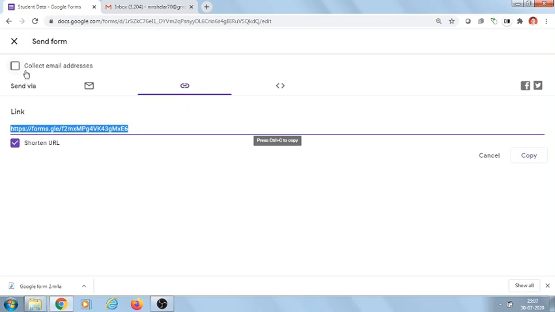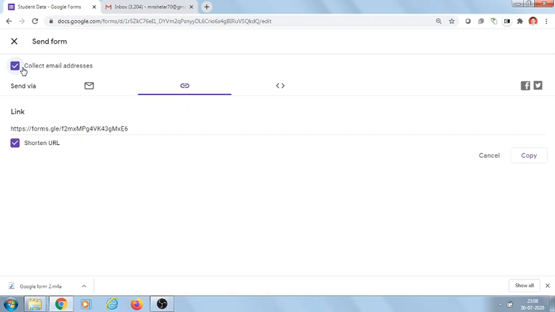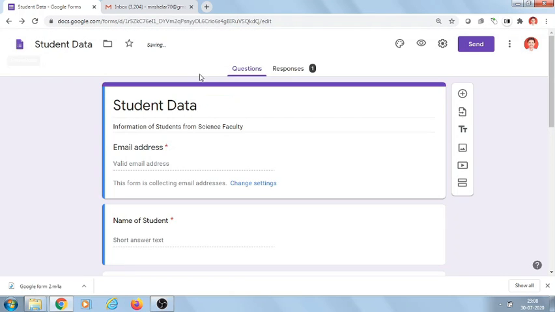Now, whenever you are forwarding this Google form, you may collect email addresses of all users. Turn on this checkbox to collect email address. To preview it, I will close this. You can see email address.